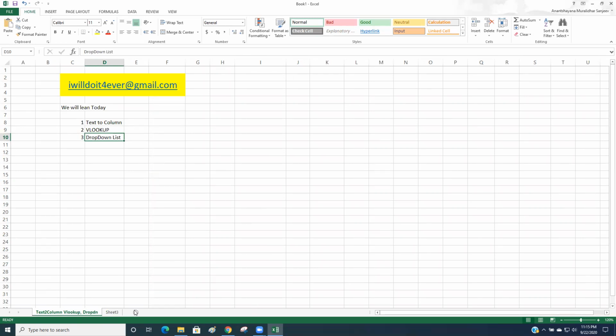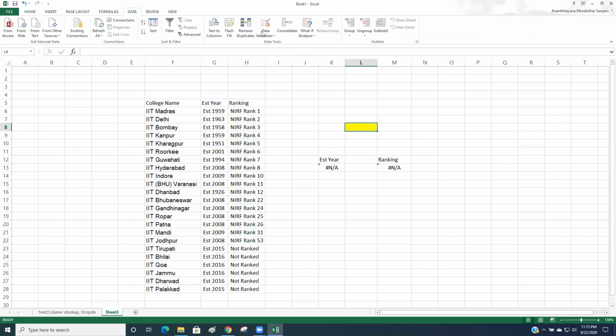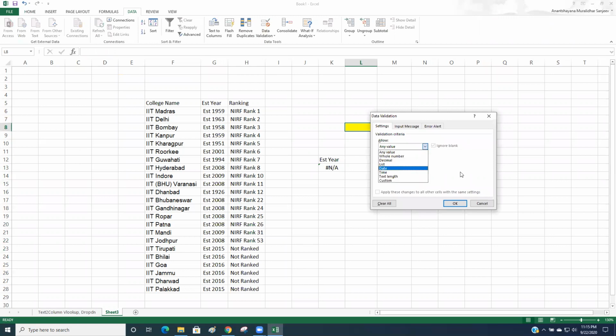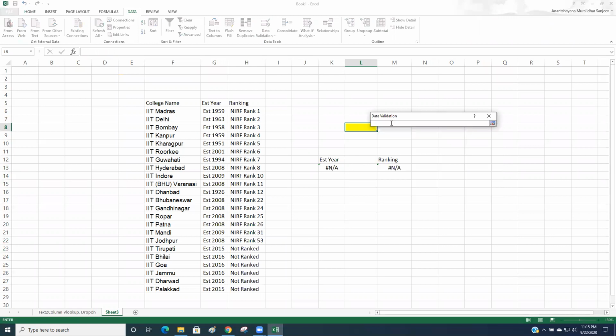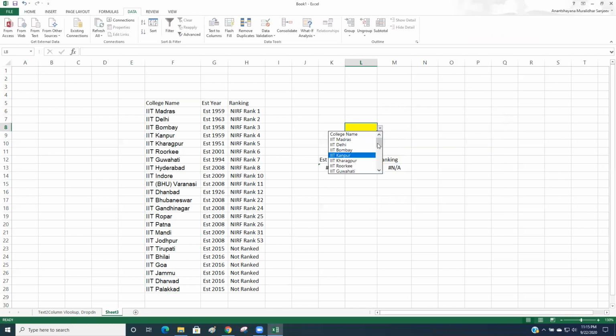The same we can create here. Here itself, we will give a drop down for the user of this college name, so this entire list we have to give in a drop down. How to do that? Let's delete this and come to Data. Click on Data Validation, click on List and click on the Source. In the source, just choose this range and hit Enter. Click OK. Now you will see we got it here.